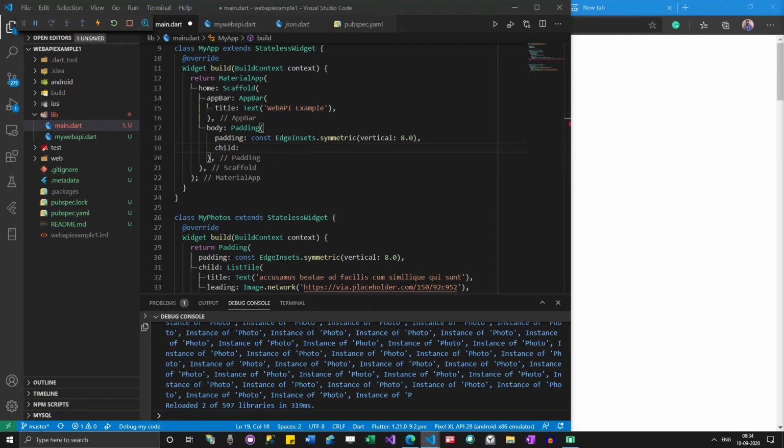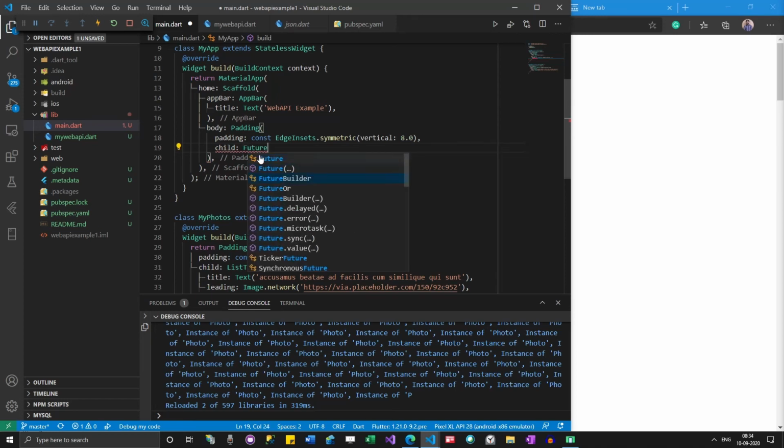When you initially try to access it, obviously it will not have any data within it, right? That's why you have to use a FutureBuilder.